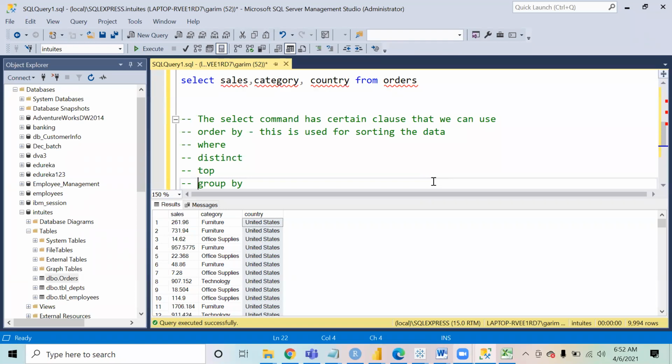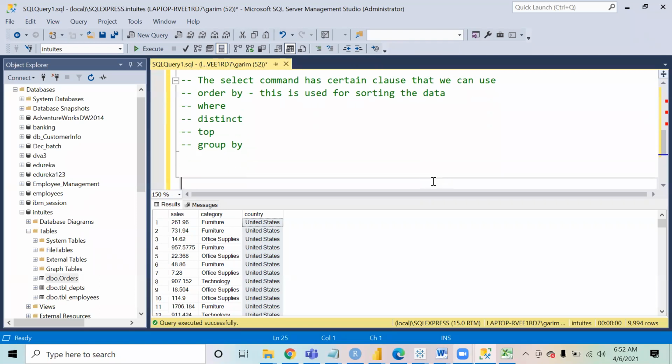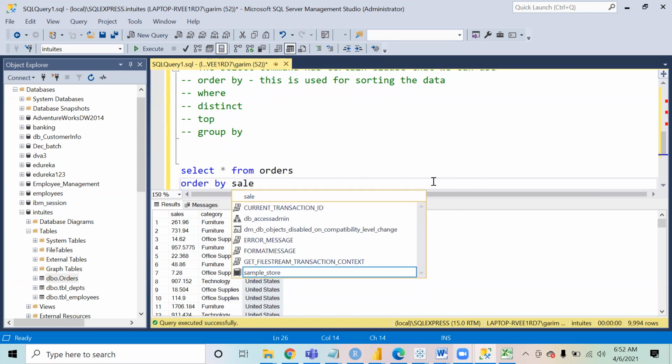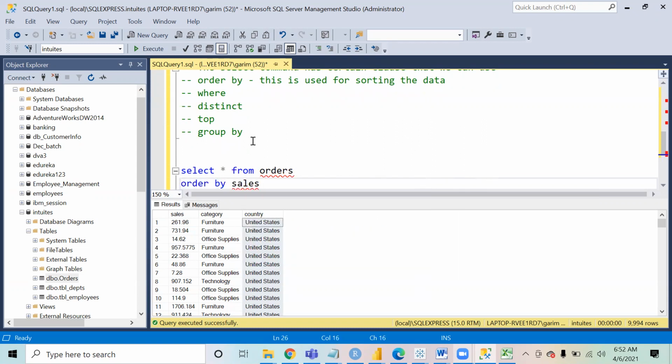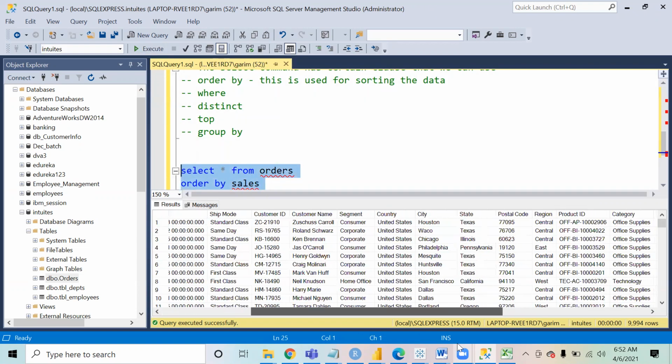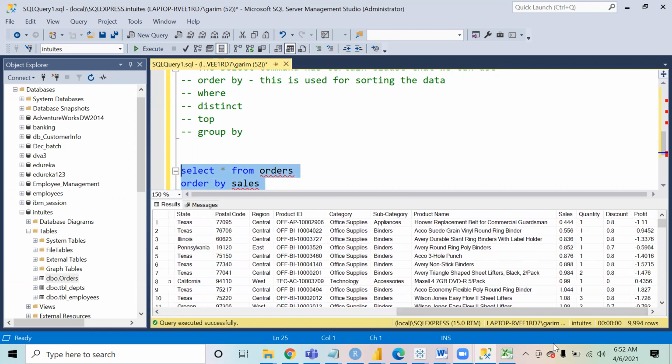See, order by, as the name itself tells, we use to sort the data. So if I say select star from orders and I say order by sales, I'm saying I want to select all the data, but it should be sorted by sales. If I run this query, you will see the output is coming in sorted order of sales.